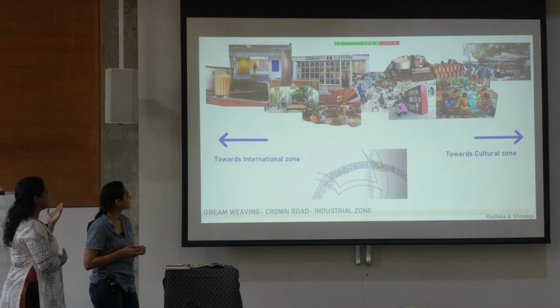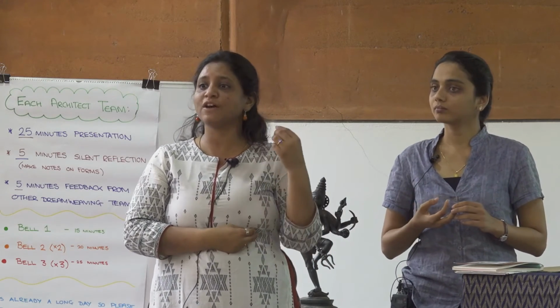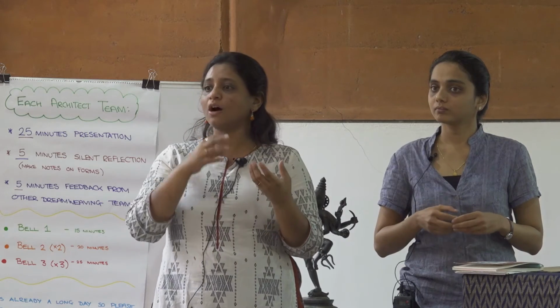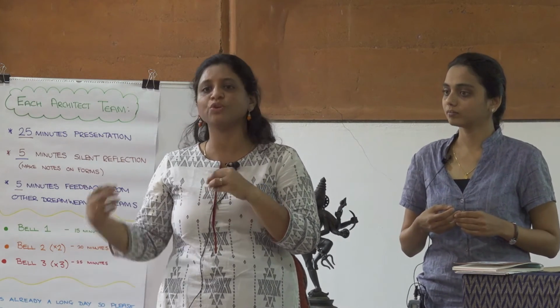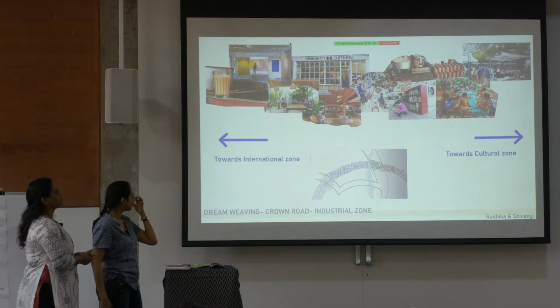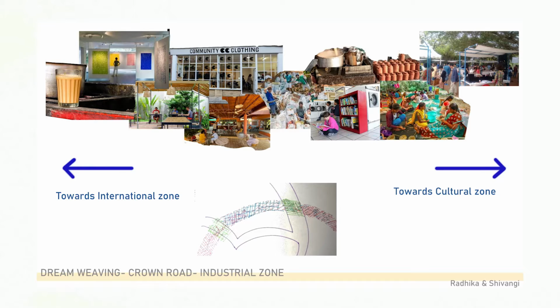So for the activities, we thought that as we move from the international zone, it could really have some spaces of the institutional memory. It could have some exhibition spaces which is coming from the exchanges that happens through the international zone, which are reflected onto the industrial zone. Then the spaces where people working in the industrial zone can come together. They come together to have tea. There are lounge spaces like that. There are co-working spaces. There are some cafes which are maybe not so formal, yet more of the community spaces that are there.